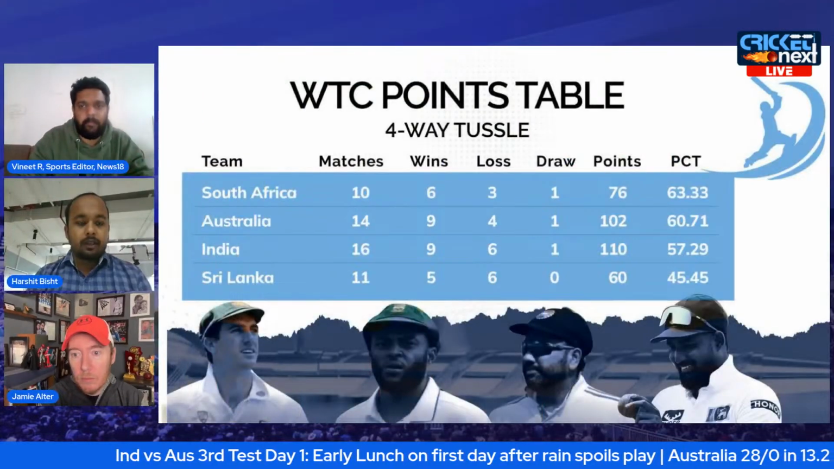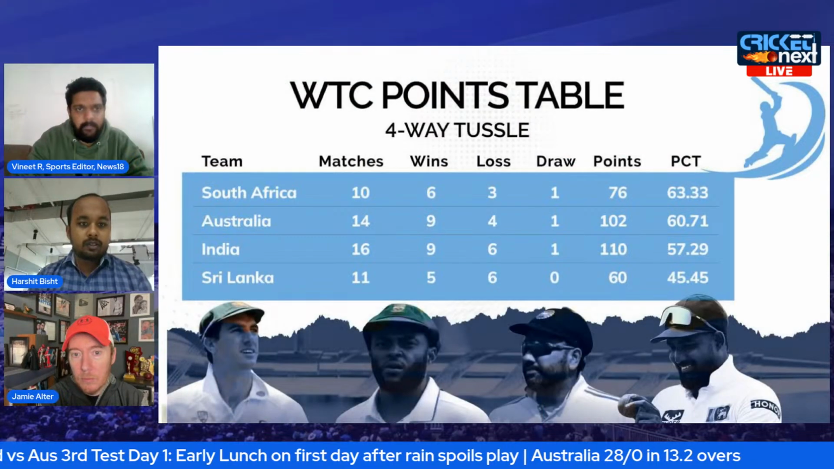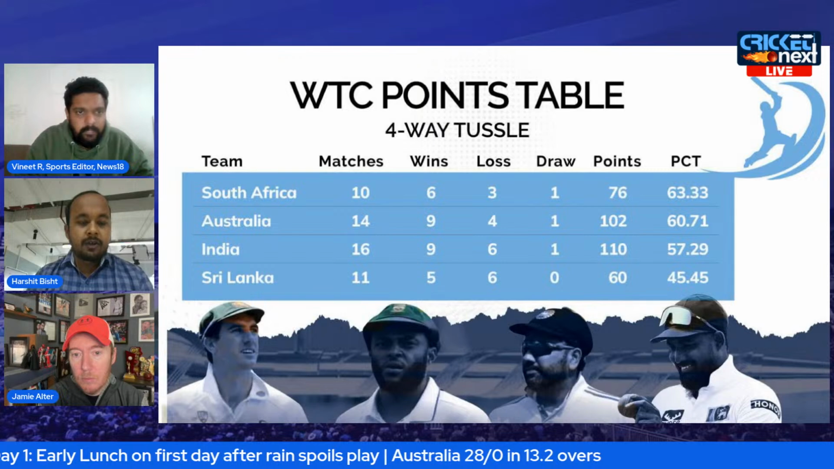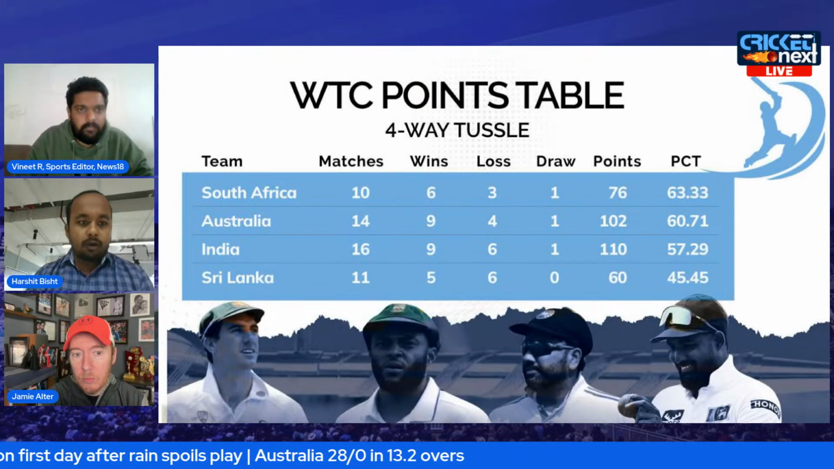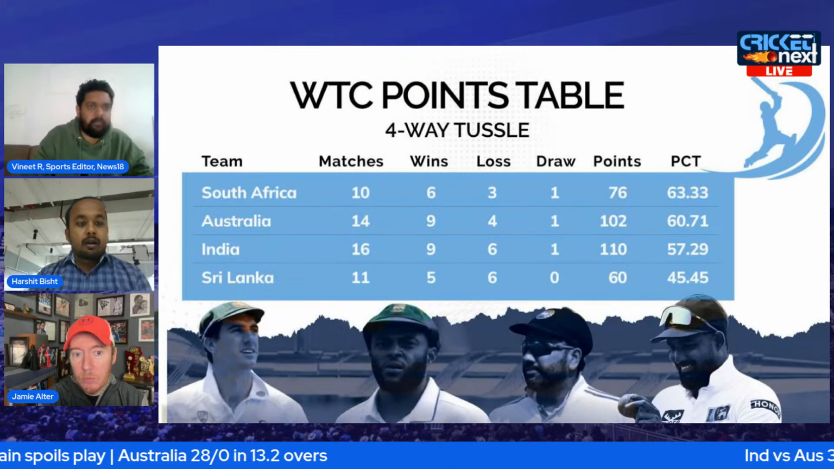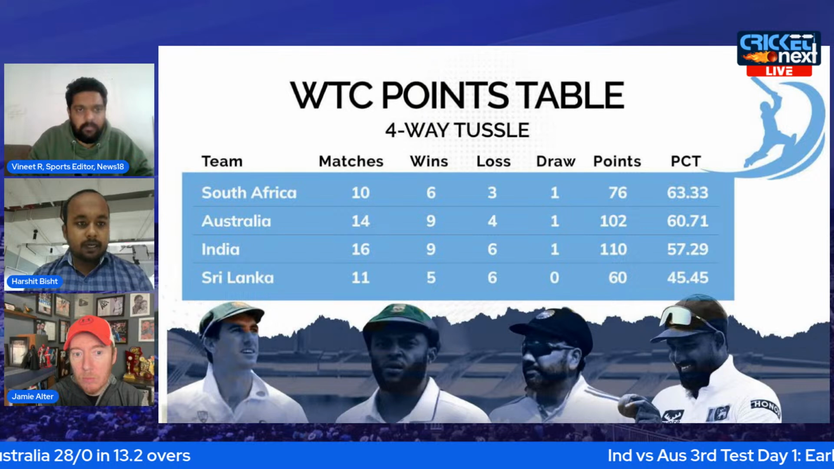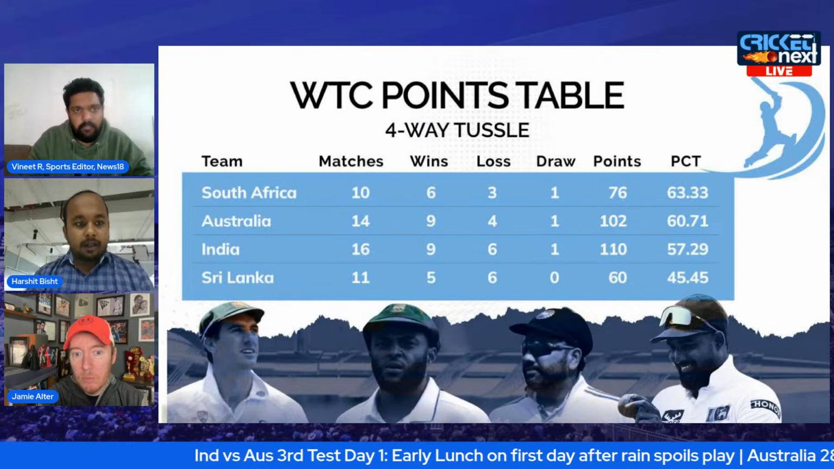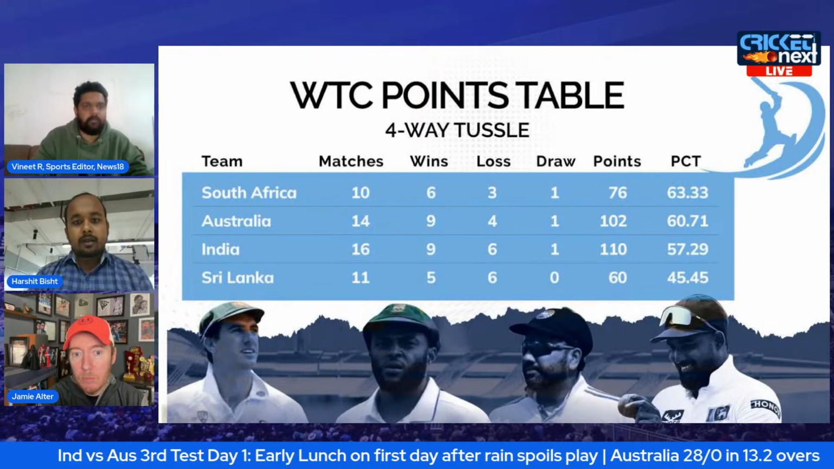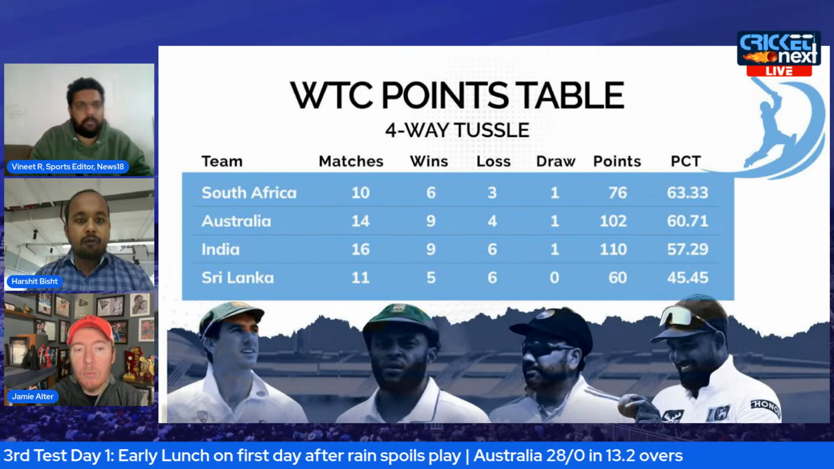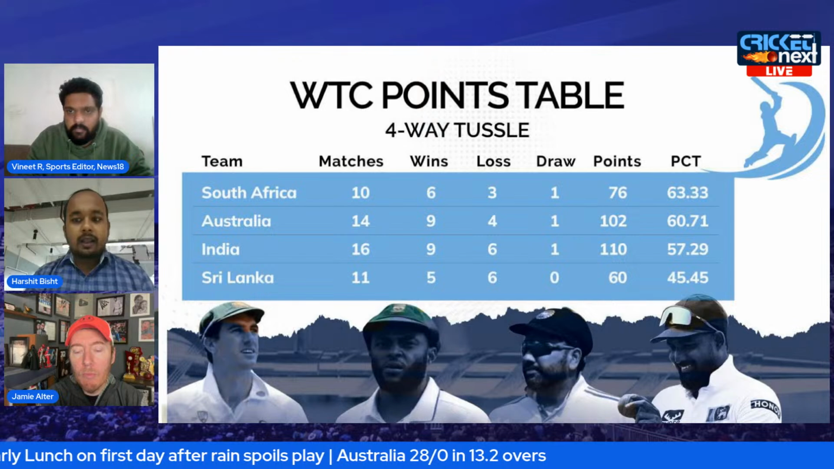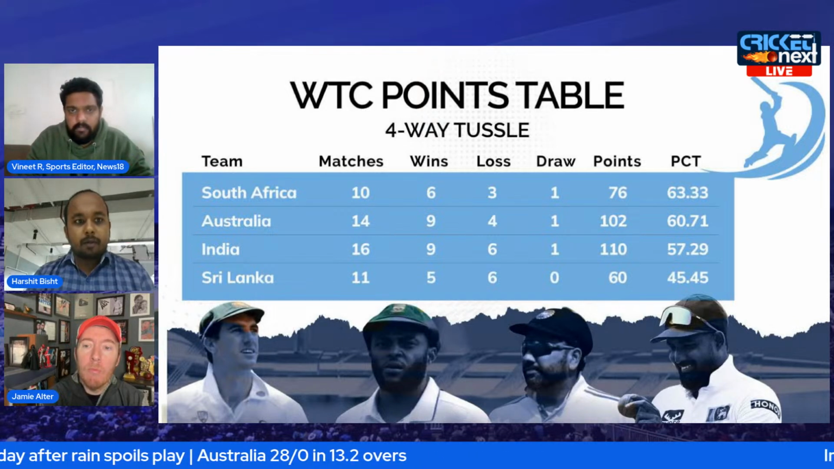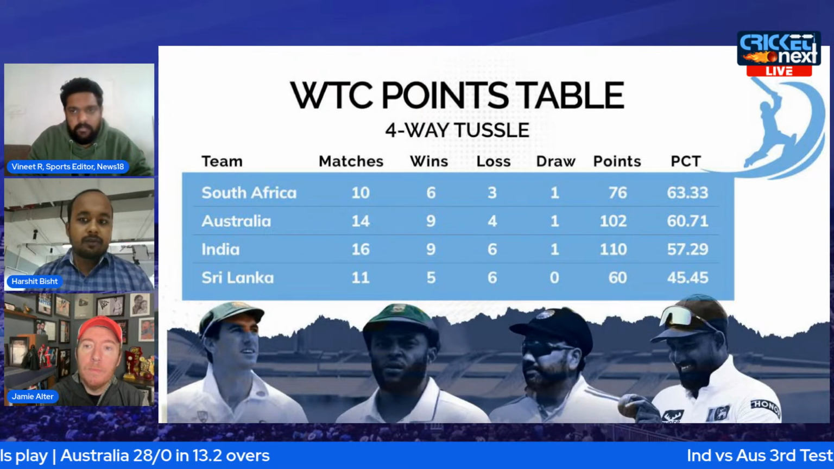A 3-2 defeat, a 2-2 series draw, or a 3-1 defeat will rule India completely out of the World Test Championship final race. So even to keep the chances of reaching the World Test Championship alive for the third time in a row, India need to win this match. For Australia also, the equation is pretty similar, they have to do it. So I think, as from my point of view, even though this is the first day,